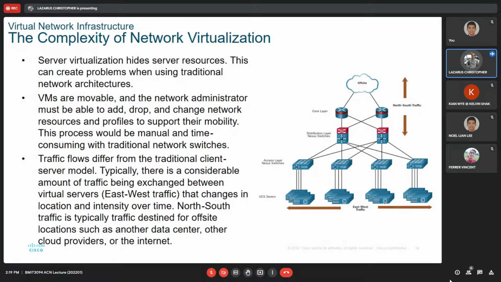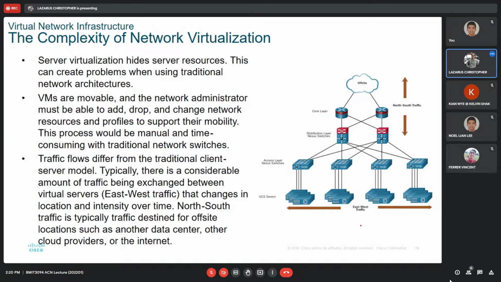North-south here indicates going through the hierarchical layer. Remember the Cisco hierarchical layer, layer by layer, right? Going from the servers that we can consider as the bottom of the layer, okay? And then going up to the switch, multi-layer switch, routers, and then to the internet. So if the data movement is going through the layers, then that's north-south traffic. If we're going horizontal, within each layer, its own layer, that is termed as east-west traffic,